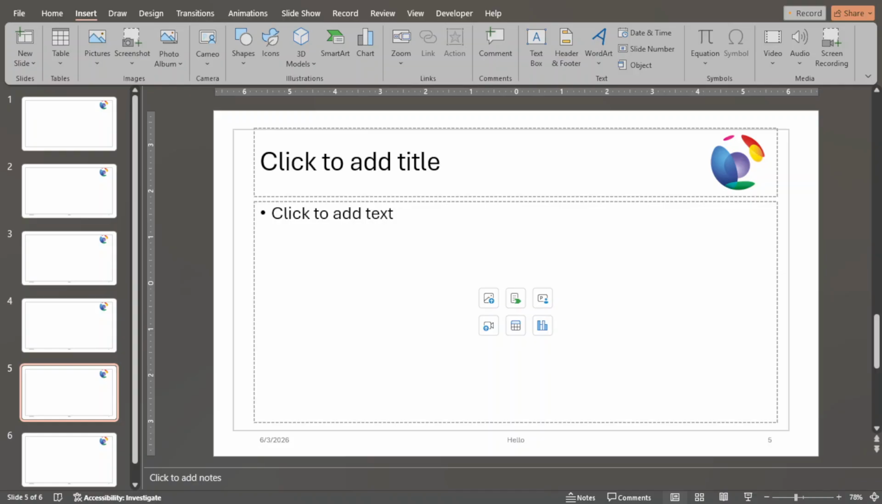To begin, open your PowerPoint presentation and let's navigate to the top ribbon menu. Here, you'll find various tabs that help you manage different aspects of your slides. We're interested in the Insert tab, so go ahead and click on it. This tab is your gateway to adding new elements to your slides, from pictures and charts to text boxes and,